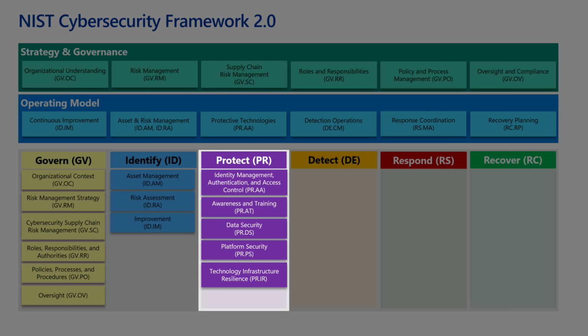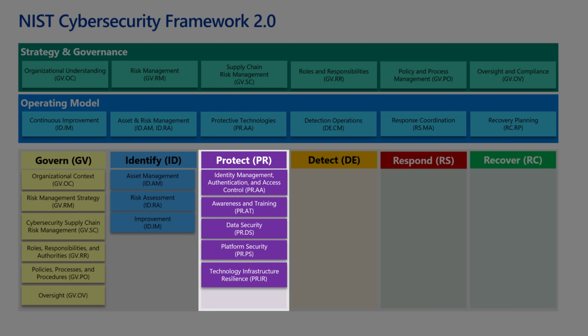Platform Security, or PR.PS, focuses on securing the technology stack, from the operating systems and applications to networks and devices. By hardening these platforms, regularly patching vulnerabilities, and implementing security configurations, we ensure that the foundation of our technology infrastructure